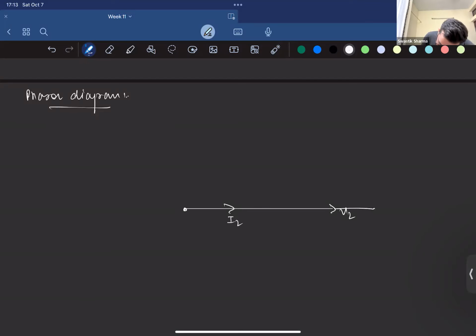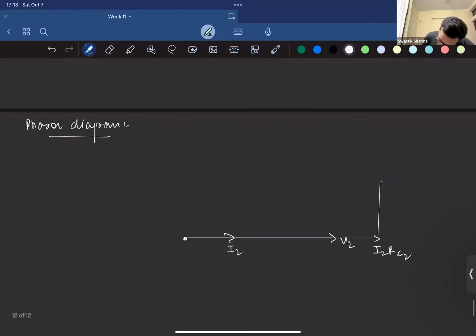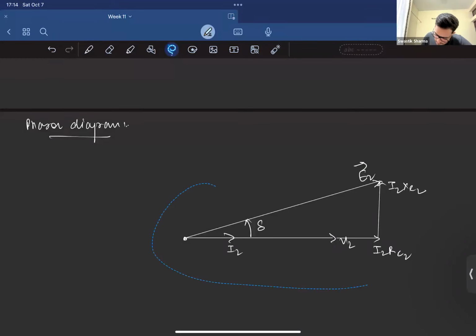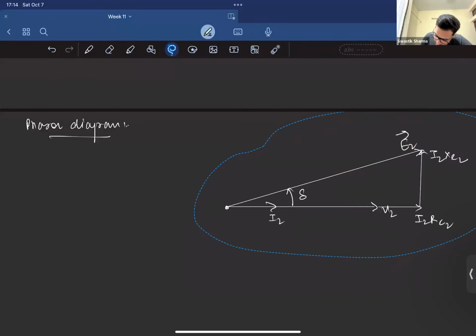So we have I2 R e2, I2 X e2, and this is E2, with angle delta, right? Now for this circuit, let's say the angle,